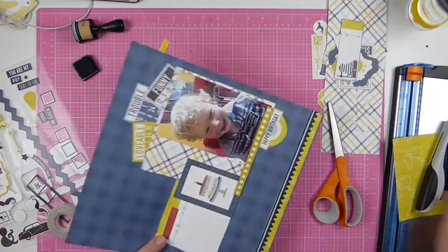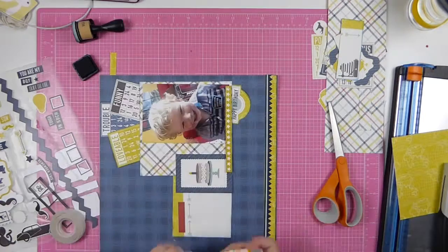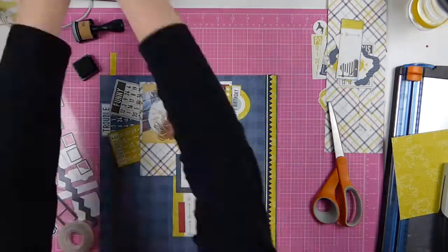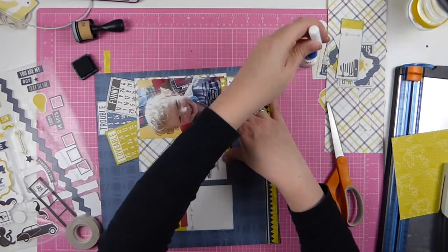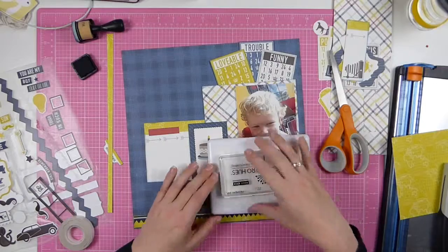So I used distress ink to ink all the edges, and I used faded jeans, and I really don't have any image on my screen, so I'm just talking about stuff that I don't know what I'm doing. But I know in